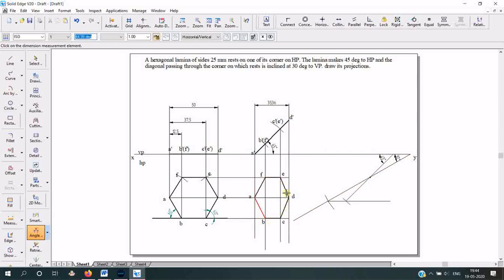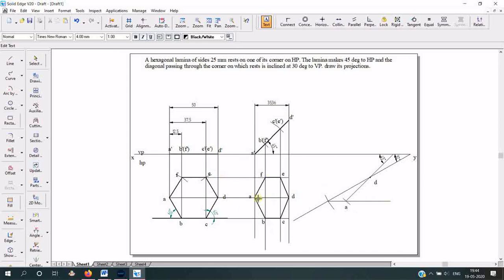We have to place the hexagonal plane on this 45 degree line, not on the 30 degree line. So this hexagon, not this one, we have to place it in this second position. After tilting 45 degrees, the hexagon has to be placed with 30 degrees with respect to the VP. It doesn't look like 30 degrees to the observer; it looks like beta angle 45 degrees for the observer. So this corner is D and this corner is A.